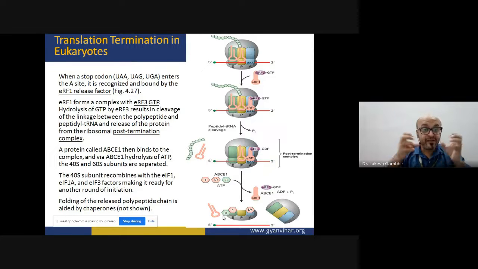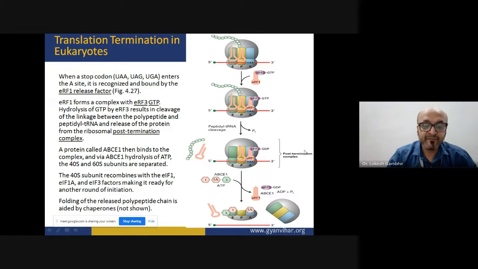And this dissociated state is maintained by what? It is maintained by the 1A and 3 initiation factors, because they are bound to the small ribosomal subunit, and there is no space for premature binding of the large ribosomal subunit until these initiation factors are released during translation. Then and only then will this particular 60S ribosome unit come and bind to the small ribosomal unit. And this is how the complete translation process is brought about and terminated.